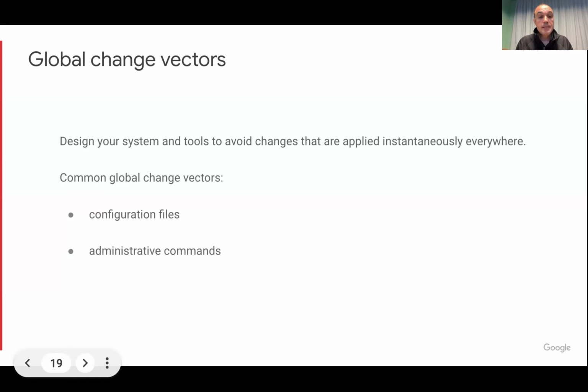Schemas of databases are another global change vector, and usually go unnoticed. You say, hey, I'm going to change this table to have this other field, right? And then you change it, and all the tasks, everything that was perfectly rolled out, cannot make the query that they are making because there's a column name change or whatever, or some foreign key that was not well set up, and they are all failing at once, right? So no matter how much replication you have, this global change vector will take everything with it. So it's very important to watch out, and very hard, because you're going to need to be auditing and looking for them and so on.